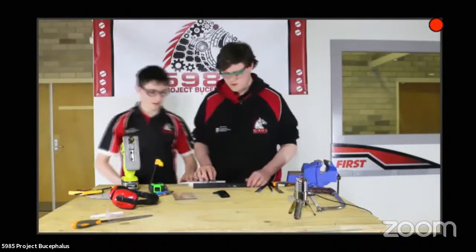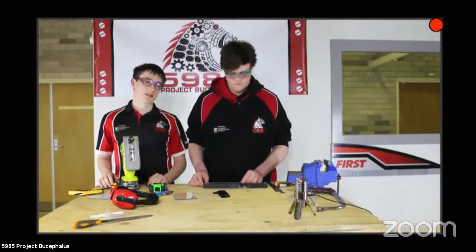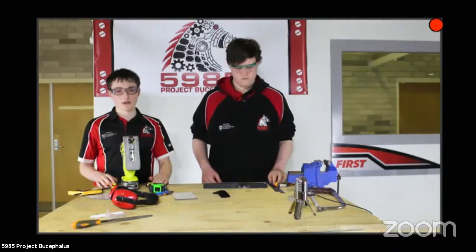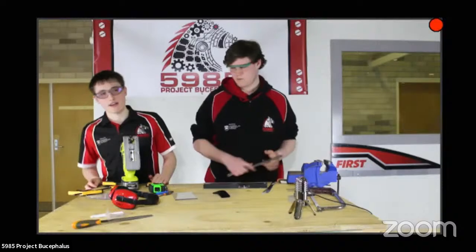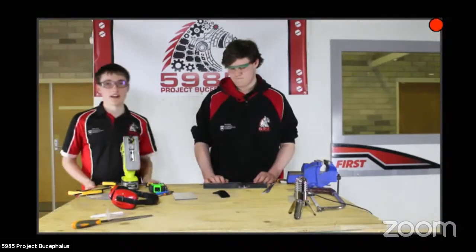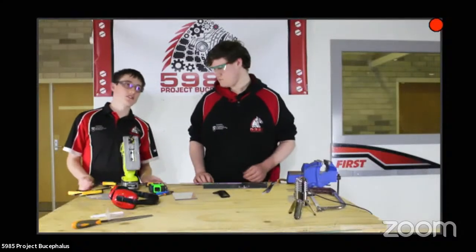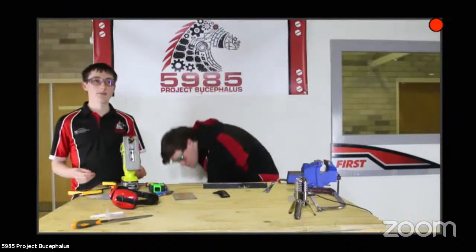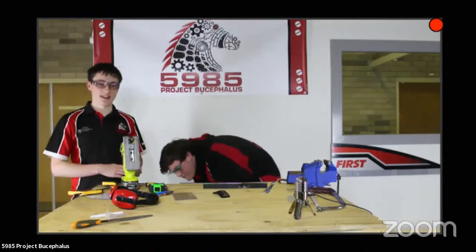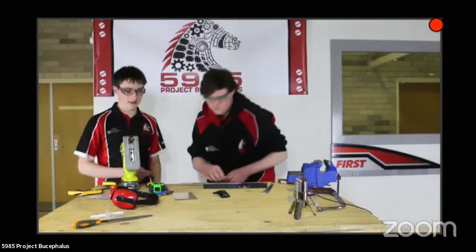So when you're drilling a hole to connect two pieces of material together, you can either measure out the same distance on both pieces and hope that you are accurate enough with a hand drill that they both line up, which most of the time you will get it lined up, but it does happen often enough that it doesn't line up 100%, that it will cause you some issues. So the second way to do it